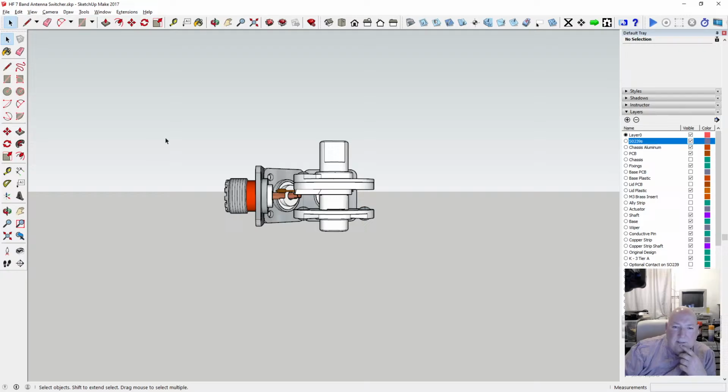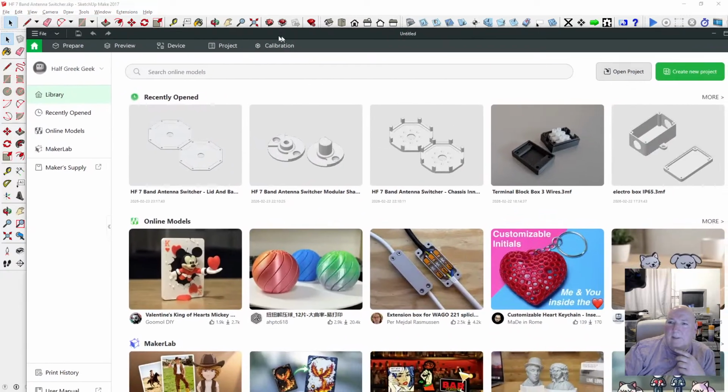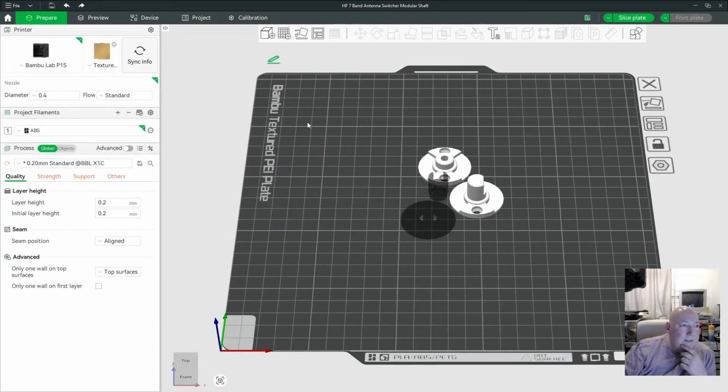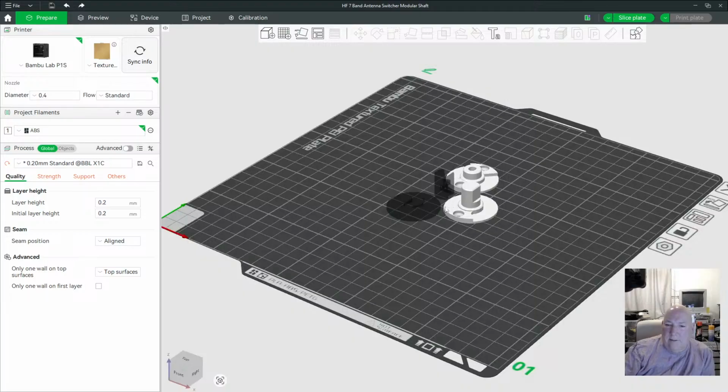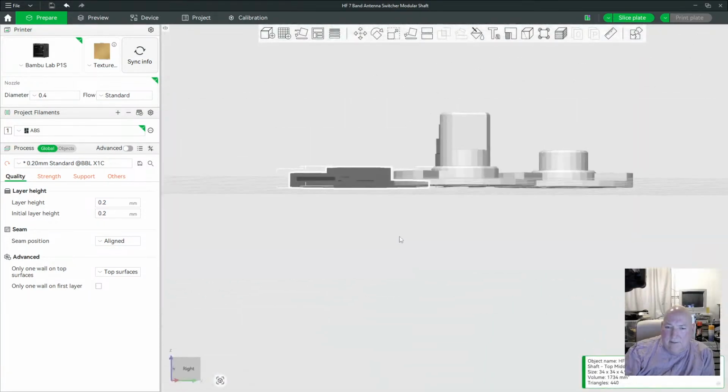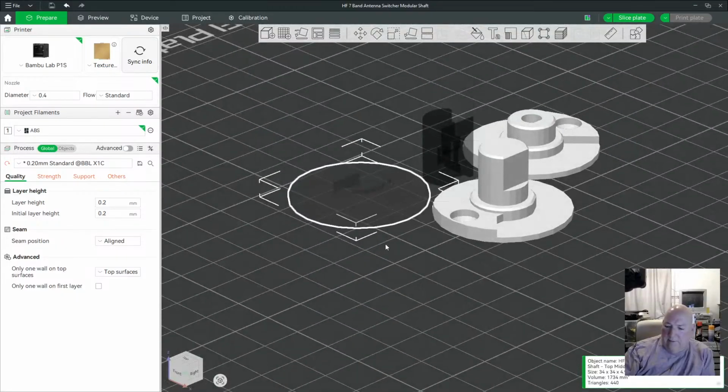Right, so we're going to this Bamboo Lab now. Let's go into here and open up the shafts. Right, so now this one here is no longer any good.